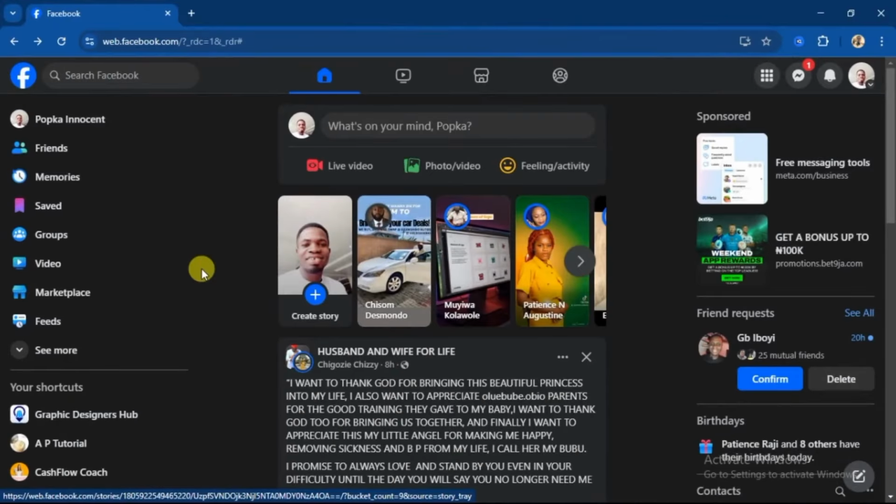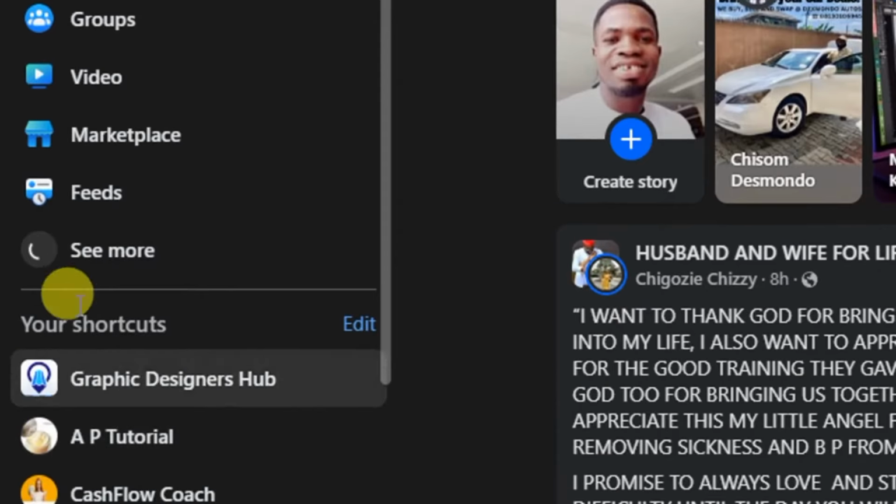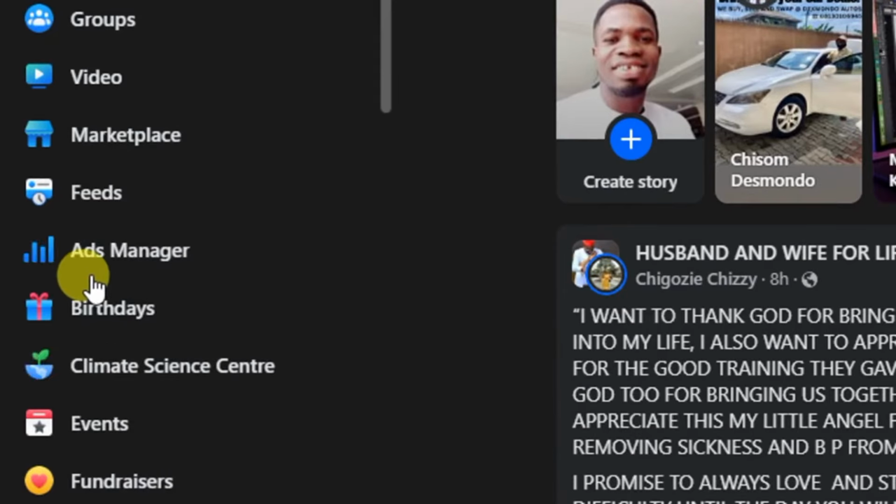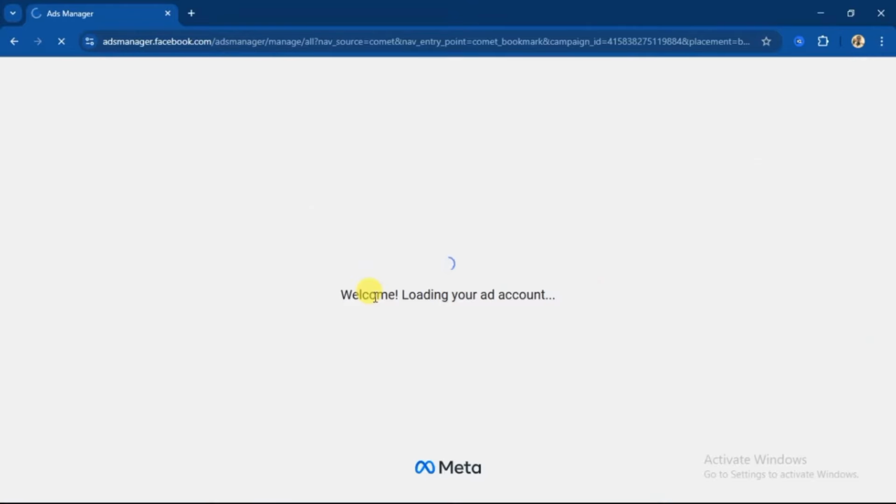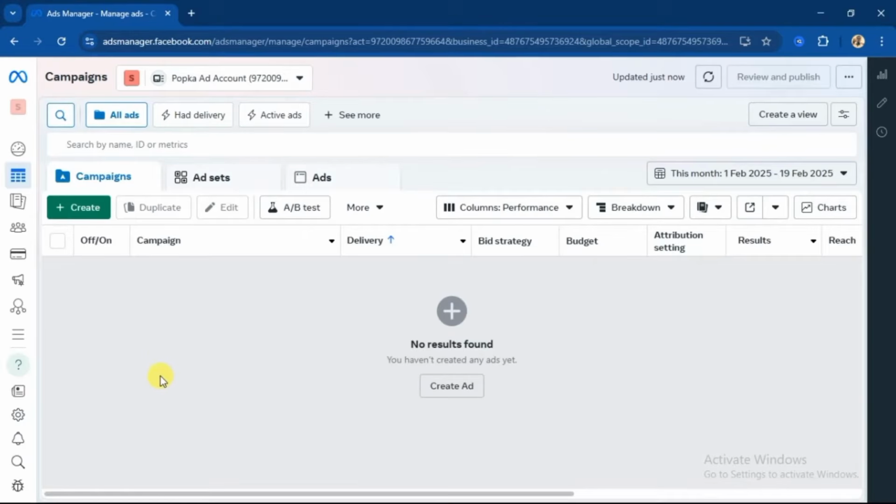Log in to your Facebook account on any browser. On the left hand side, scroll down, and you will see More here. Click on See more and Ads Manager will show up. Click on Ads Manager. It's loading, just wait a little, and you'll be directed to the Meta Ads Manager dashboard